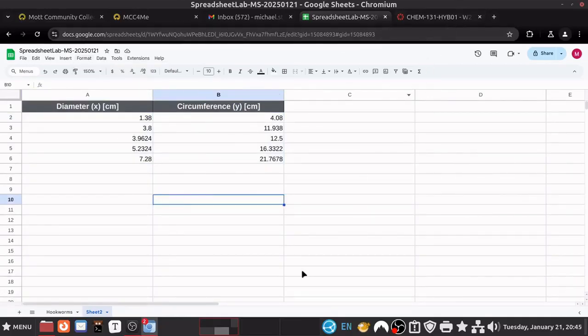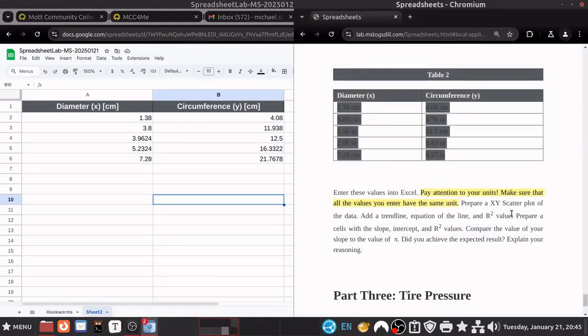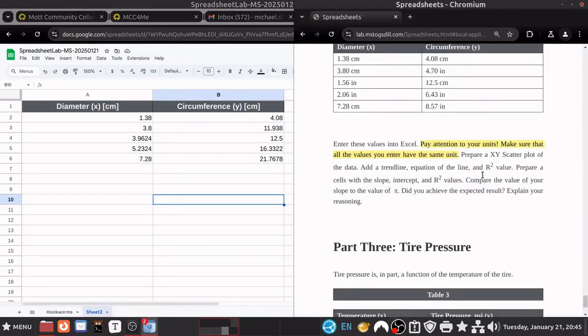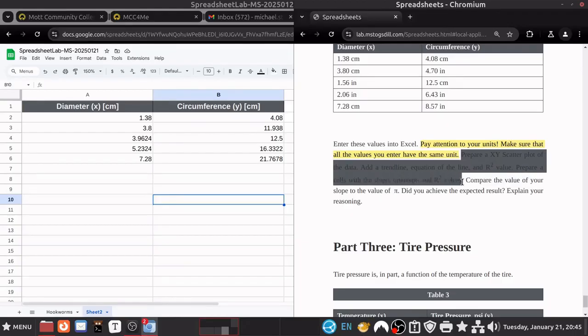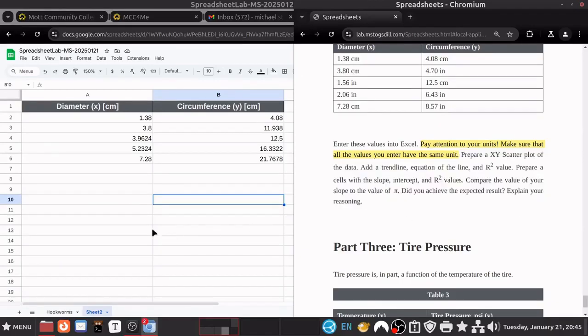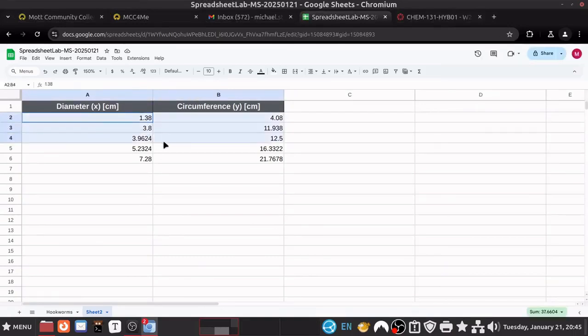If we go back to our assignment, we can read what the next thing is they want us to do. It says prepare an XY scatter plot of the data. Add a trend line, equation of the line, and R-squared value. Prepare cells with the slope, intercept, and R-squared values. Compare the value of your slope to the value of pi. Did you achieve the expected result? Explain your reasoning. Okay. Well, to prepare a plot, I need to start again at the top left and go